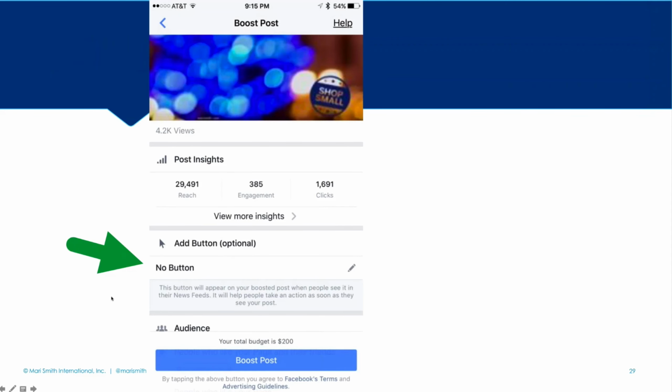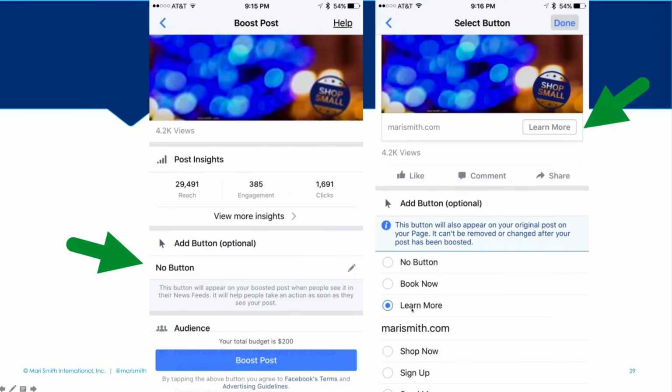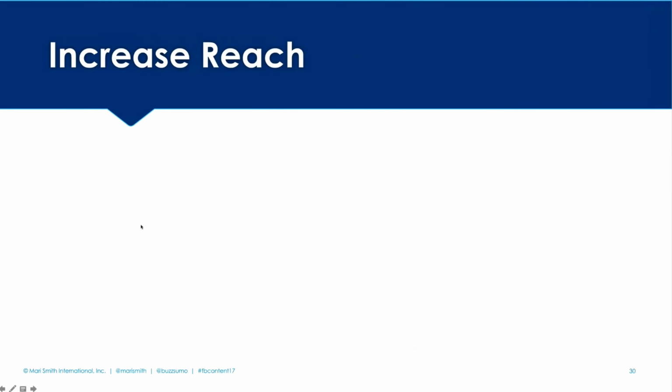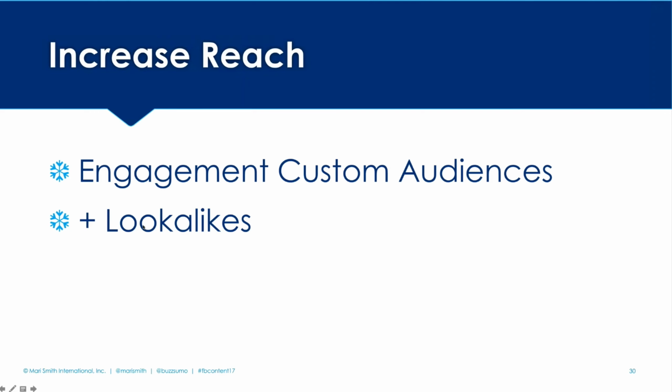All right. Oh, this was out of place. This should have been earlier, but this is a screenshot of the Pages Manager app where I have clicked this video post and I'm going to boost it, and here's where you tap that little guy there and ask for one of the buttons, and then you give it your URL. See the difference there side by side? That's just a portion of it right there, the visual, where it shows you the URL and the call to action button, and then you have that on your video.